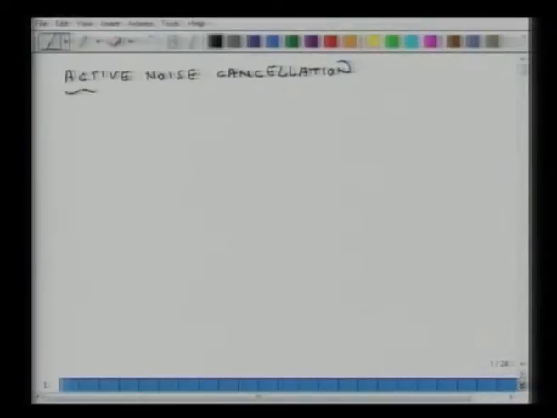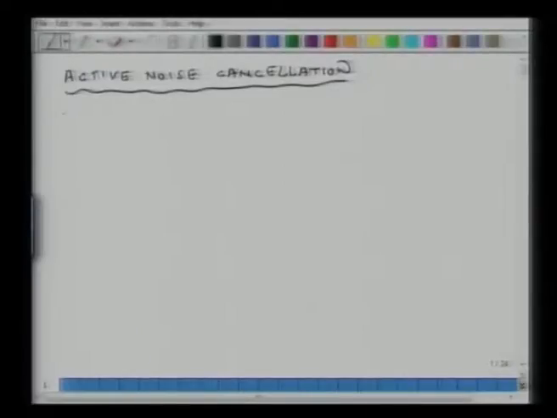The principle for active noise cancellation is fairly straightforward. It may appear simplistic if I say that if you have a source which is generating noise, then if I generate a quote unquote anti-noise signal, it gets cancelled and there is no noise. But this is a very simplistic way of approaching this, because there are lots of ifs and buts and constraints when we try to cancel noise. So, that is what we will try to uncover in the next 15-20 minutes.